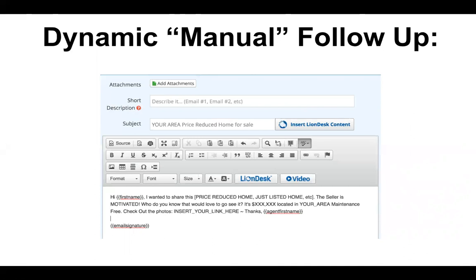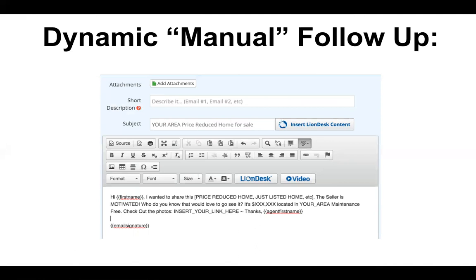But you can also, and should also, manually follow up one-to-many. So once you've built a database, and by a database, I mean more than 2 people, you can actually send them a broadcast. That's what we call a broadcast email or text, one-to-many. So you can craft one message and send it to all of the folks that you're not already in conversation with, that you haven't already set an appointment with. And incidentally, by appointment, we don't only mean a listing appointment or a buyer appointment.